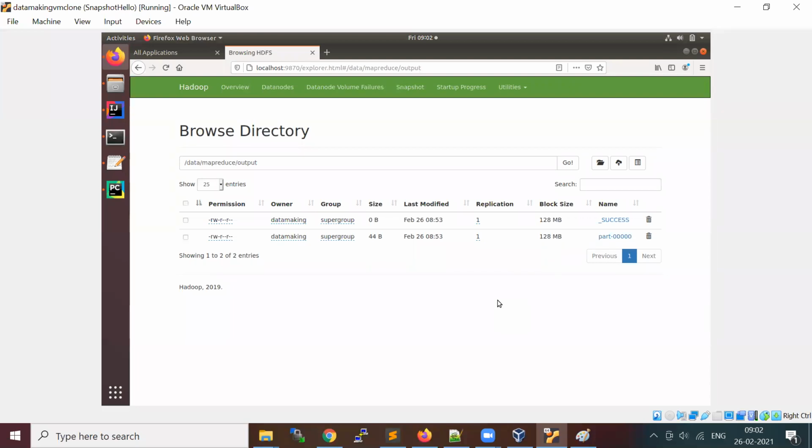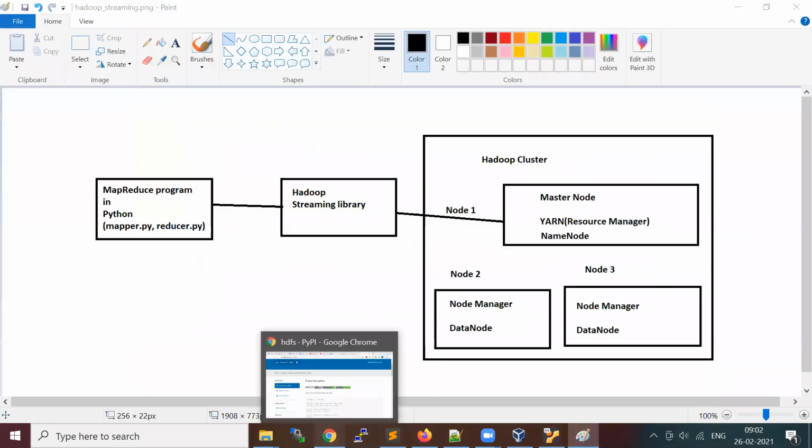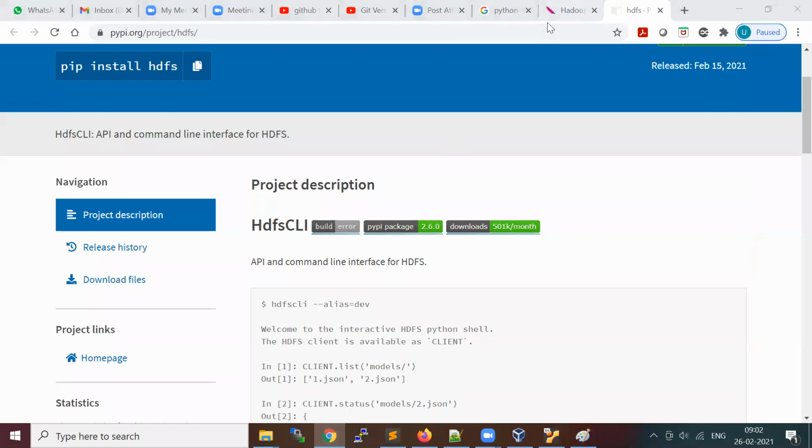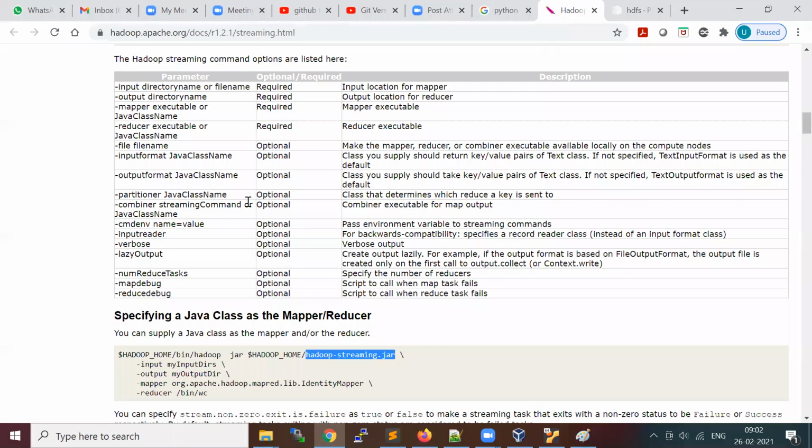So can we write a combiner program in Python also? I think yes. What we are doing with the combiner is passing the reducer code. You have the property -combiner and provide the reducer class. We can run the same example.